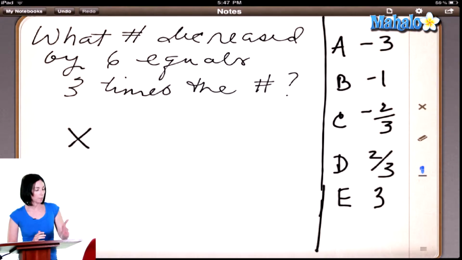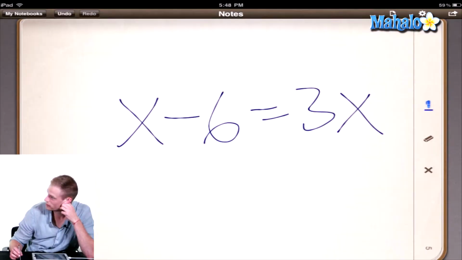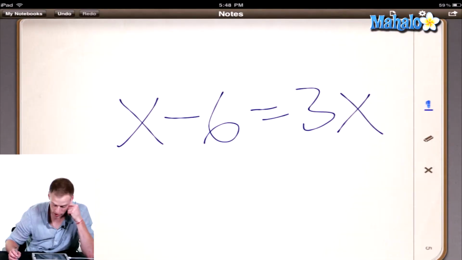What do you think decreased by 6 means mathematically? How would you decrease something by 6? If you wanted to decrease 10 by 6, what would you be doing? Do you know, Trevor? You would minus 6 from the variable. Yeah, so it says what number decreased by 6? Well, decreased by 6 just means what number minus 6 equals